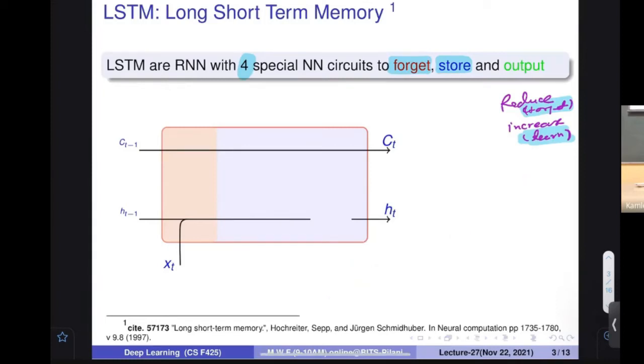I also want to tell you one thing: if you have a value V and you want to forget something, you have to multiply it by the forget factor. There should be some forget factor, and you multiply with it. After that, if you want to learn, you have V multiplied by F, and you add to this what I have learned.